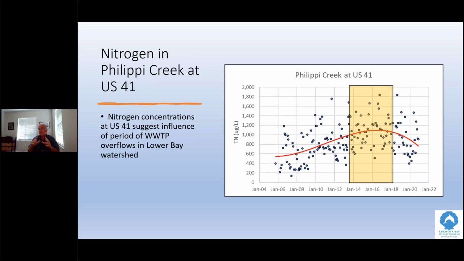That yellow box represents 5 years during which we had overflows from a wastewater treatment plant that was not an AWT. We do not have direct discharges of nitrogen from non-AWT plants in our system. Neither do you in the inner lagoon. But we had overflows that were miles away from the bay, and they were reported. They were reported every month, but the regulatory agency responsible for oversight of wastewater treatment plants didn't create the requirements